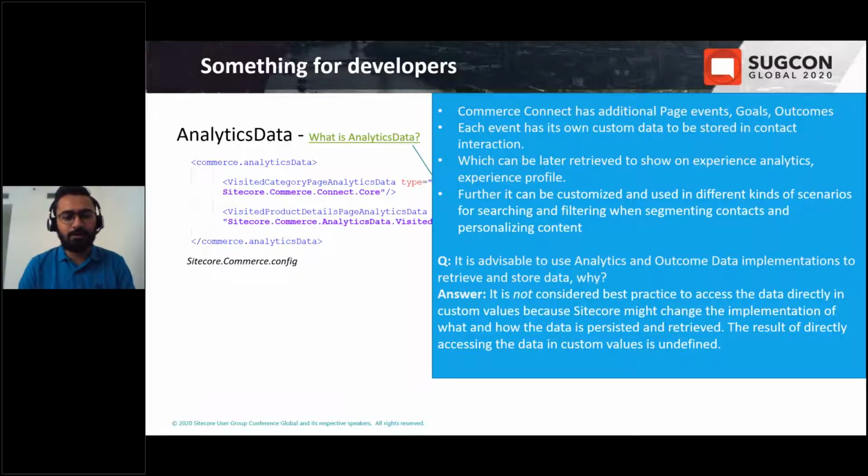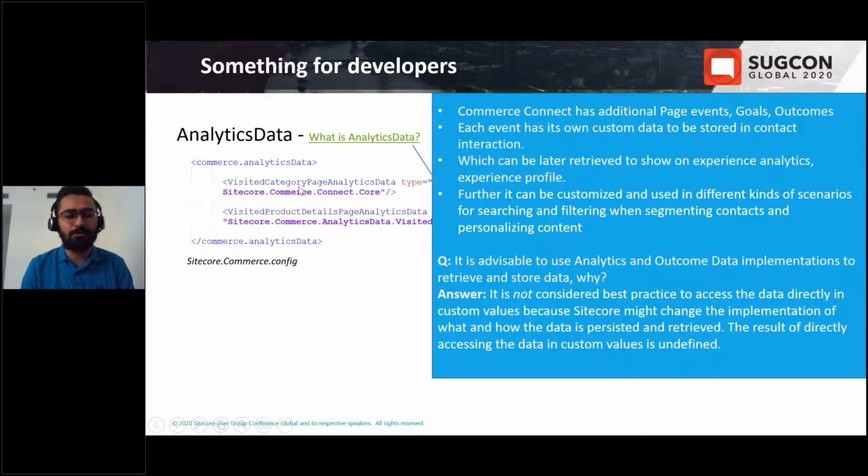But later, if Sitecore changes the implementation, then probably you will see issues there that might not work properly. So if you want to change anything in how data is getting retrieved or stored for that particular event or goal or outcome, you have to utilize this analytics data, which is specific to each and every event.